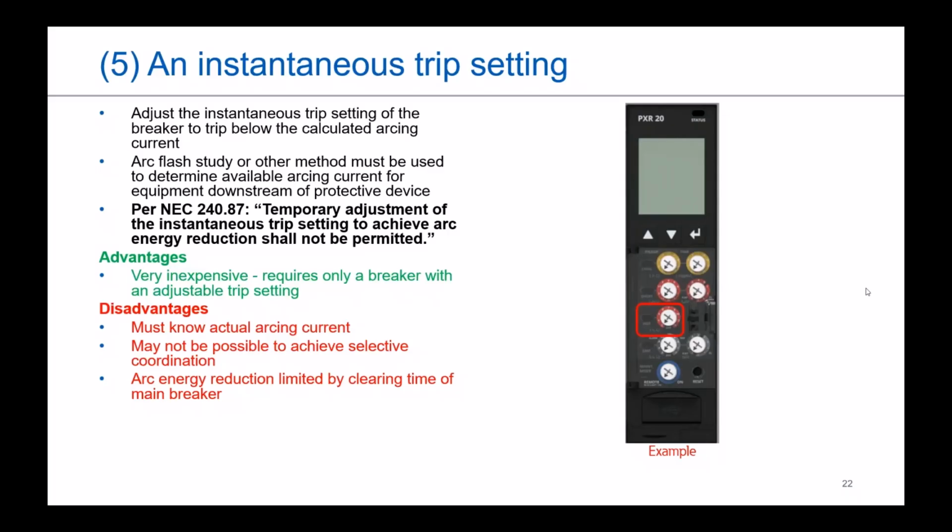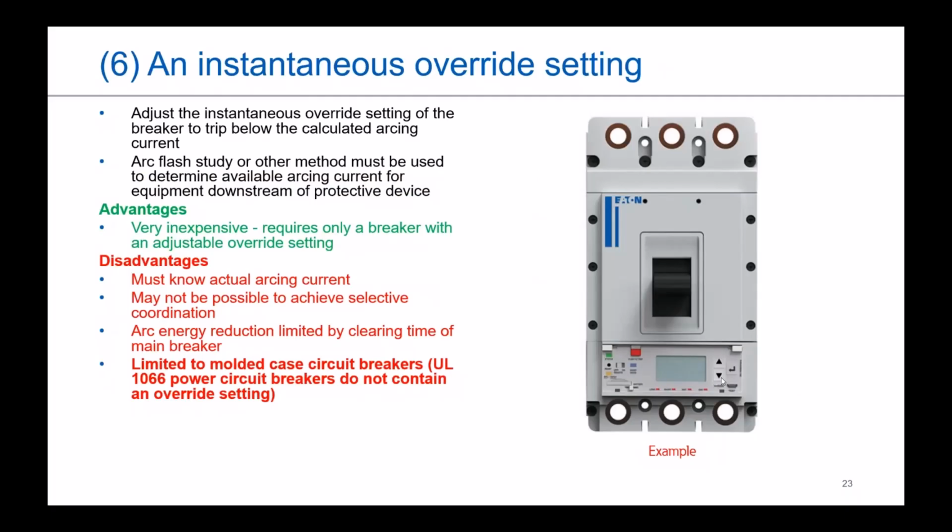And then the follow-up is William's asking, will you please explain why the instantaneous override is not an option in our circuit breakers? I couldn't tell you 100% for certain. I believe it ties into the build requirements in the UL standard. I'm not the best person to speak on that, but I believe it has to do with the UL standards. It's in UL 489 for molded case circuit breakers, but it is not. It's either not allowed or there's no testing methodology for it within UL 1066, which is the standard that power circuit breakers are qualified to.